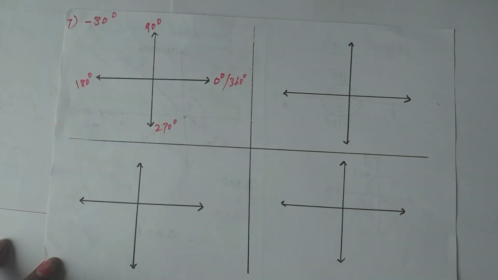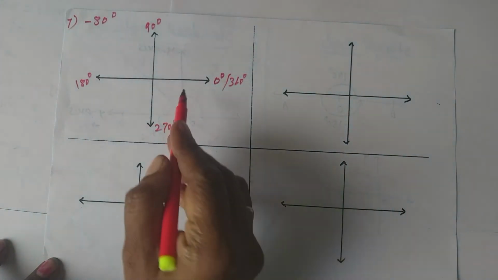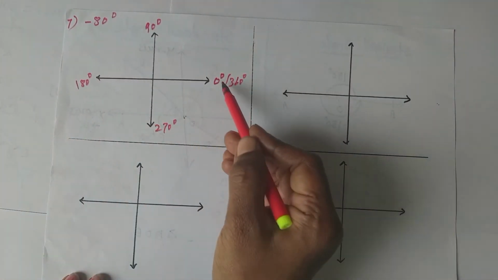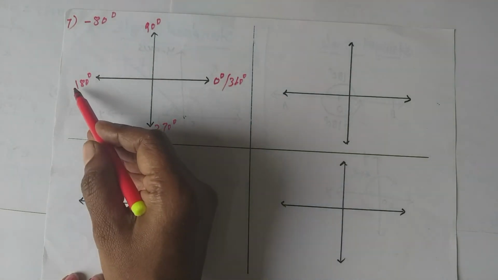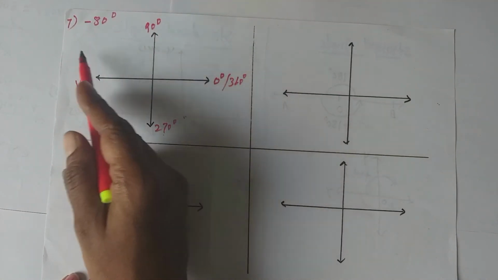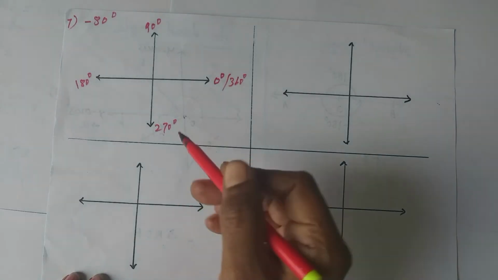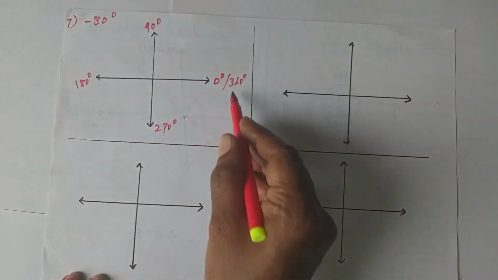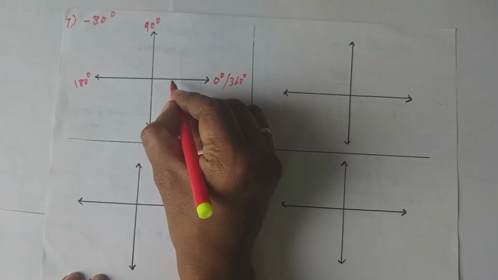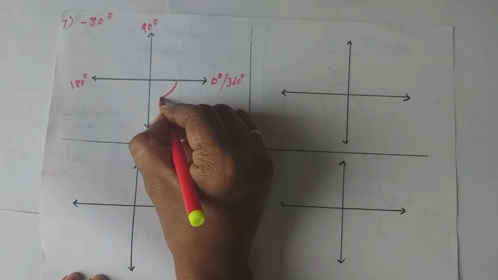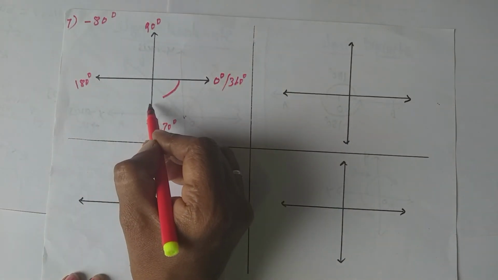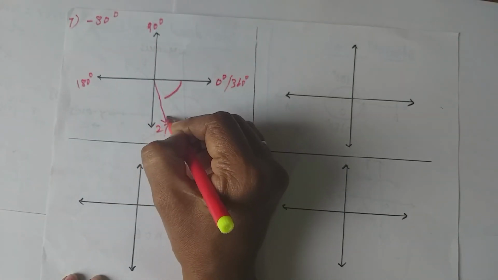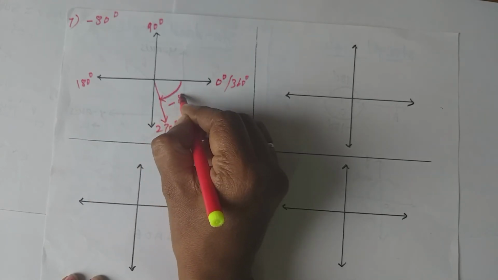See, here angle is negative, means we have to rotate in clockwise direction. If you are rotating in clockwise direction, you take this 0, this 90, this 180 and this 270. If we are rotating in clockwise direction, then this is not 270, this is 90. 0, 90, 180, 270 and 360. Minus 80 will be where? If I reach here, then angle of minus 90 will form. This is less than that. Means this is your minus 80 degree.